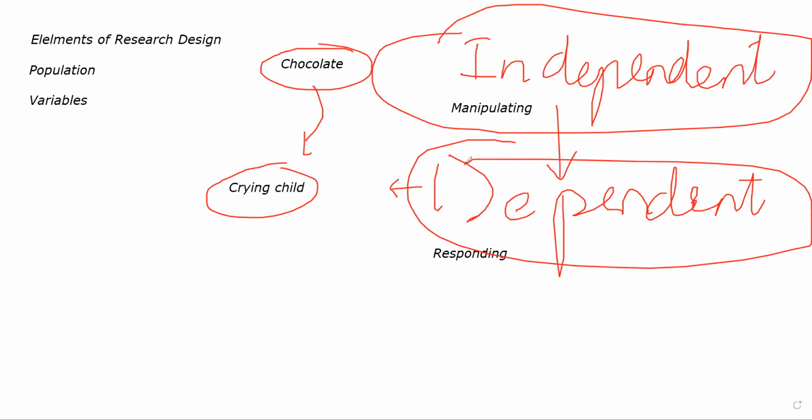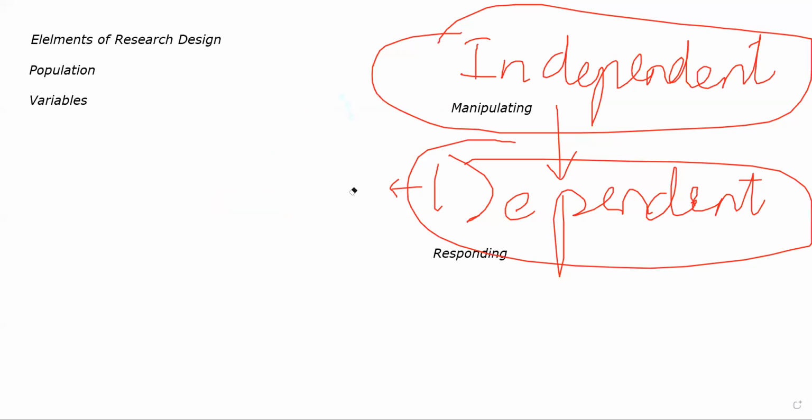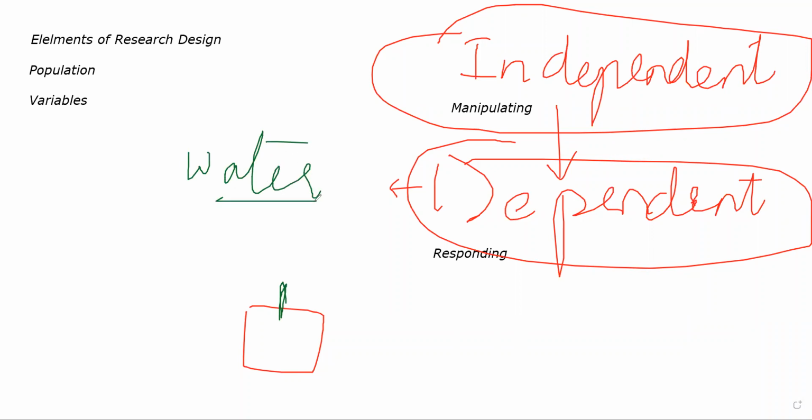Okay. Another example would be, imagine there is a plant. Okay. Imagine there is a plant like this, and you have just planted a new plant. Let's suppose that is this much in size. Independent variable will be water. That water or that independent variable does not depend on anything. आप पानी दो, कैसा भी पानी दो, the dependent variable here will be the growth of this plant. How tall will it grow? How thick will that plant grow? Will it bear a lot of fruits? Will it survive for a certain period of time?